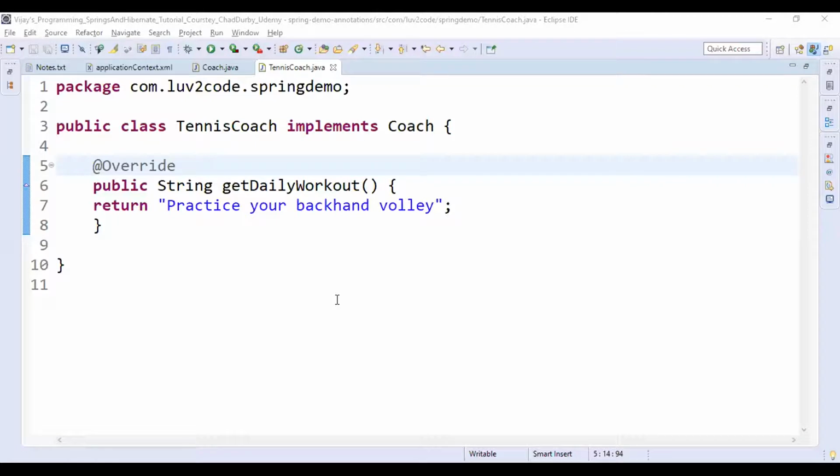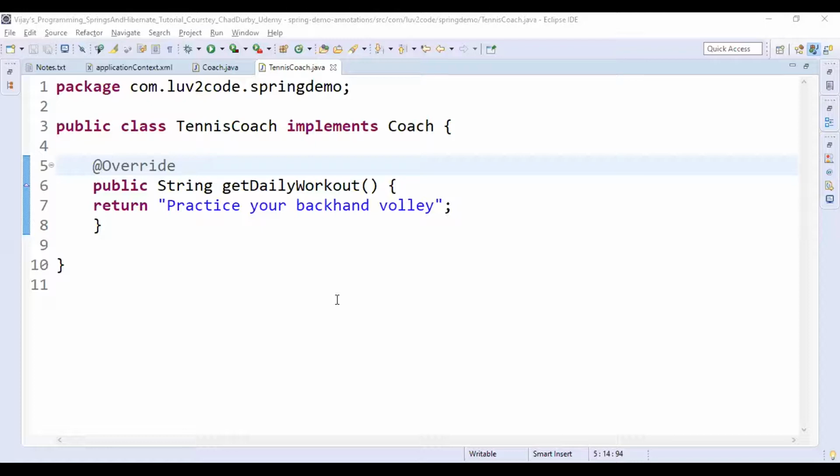The next question that arises is why Spring configuration with annotations? We have already seen the bean configuration in the XML file, right? Why this configuration with annotations?